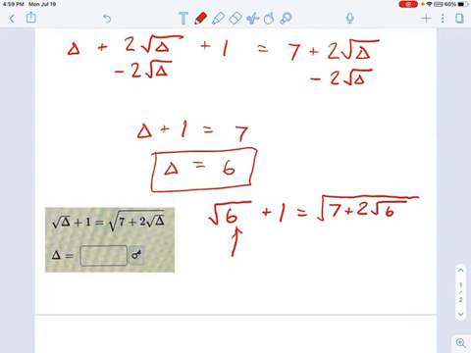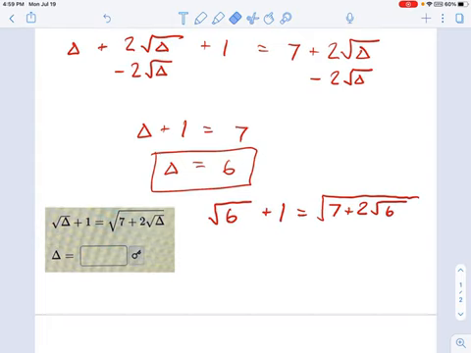Okay, so 6 is a positive number. That's okay. 2 radical 6, that's also positive. It's messy, but it's positive. So this radical is going to be okay. And if you want to be very sure that this thing actually works, this is the point where you would have to plug it into a calculator to see for sure. And let's just do that for the sake of argument here.